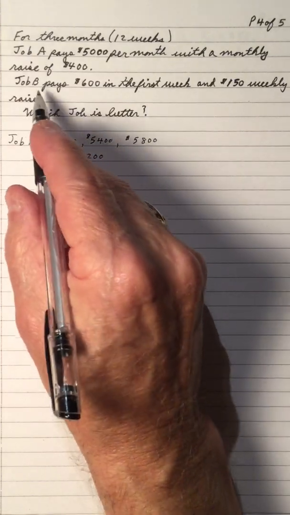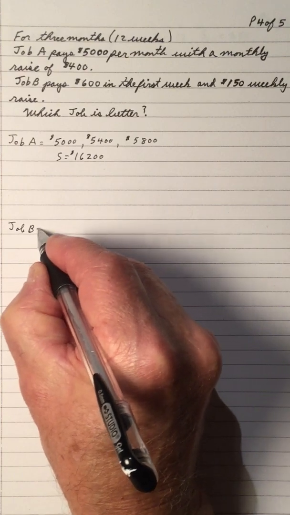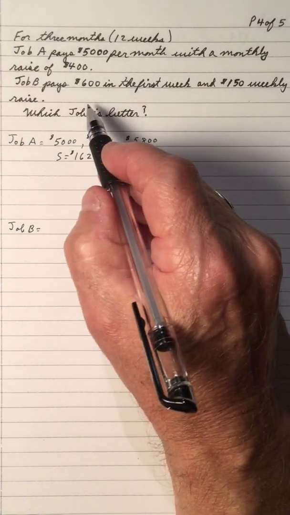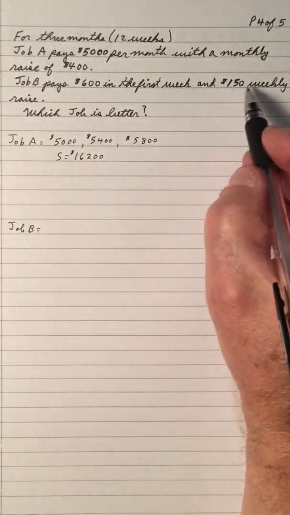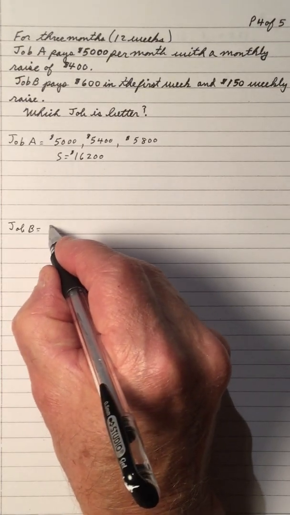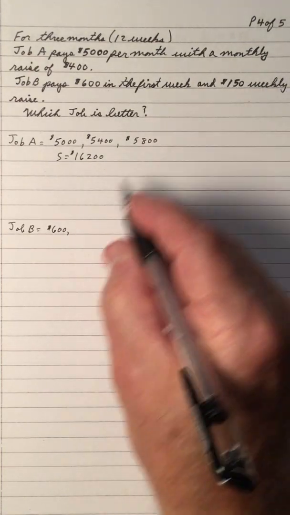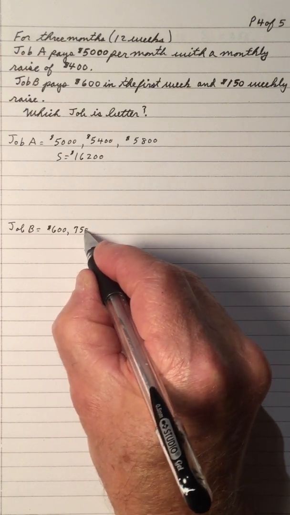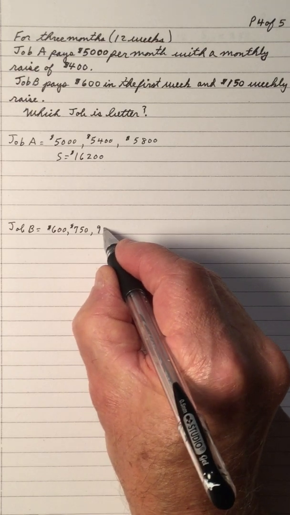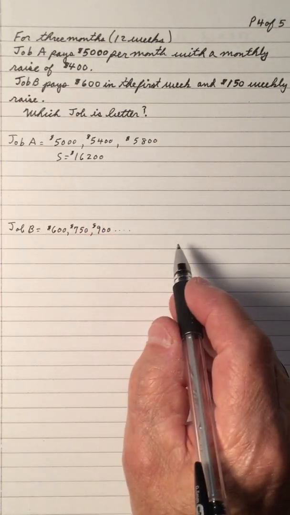But if you want to do Job B, let's do Job B down here. Job B is $600 for the first week and $150 weekly. So I got to go for 12 weeks writing all these down. Well, you can do that. I mean, if you want to say $600 in the first week, and then $150 for each week after that, so that's going to be $750. And $150 for the next week would be $900. If you want to continue on like that and add them all up and then see which one is better,